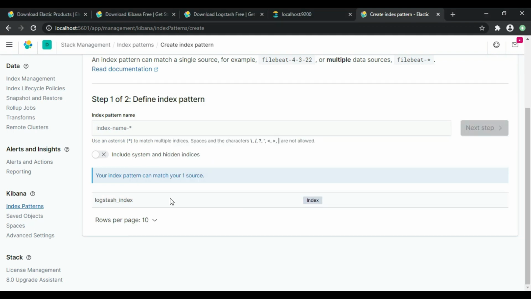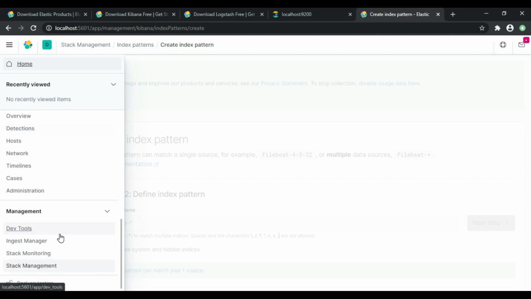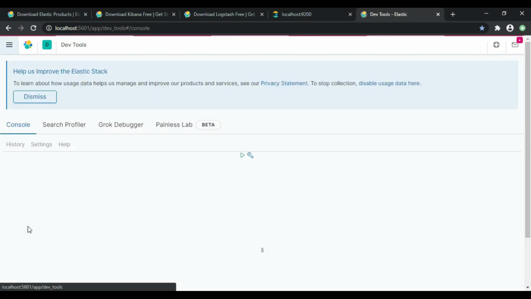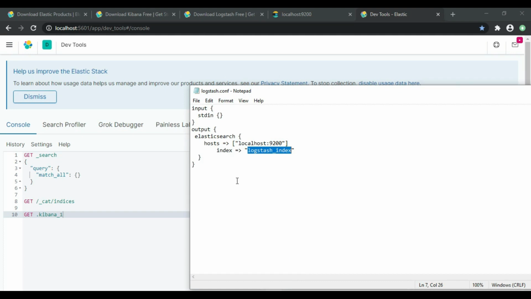Now we can verify whether whatever content I have given is available in the index or not. For that, let's go to DevTools. Just select the menu here and go to DevTools. Here I just have to say get index.